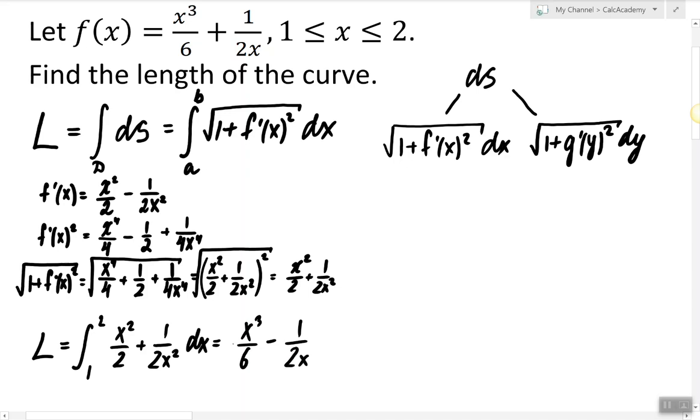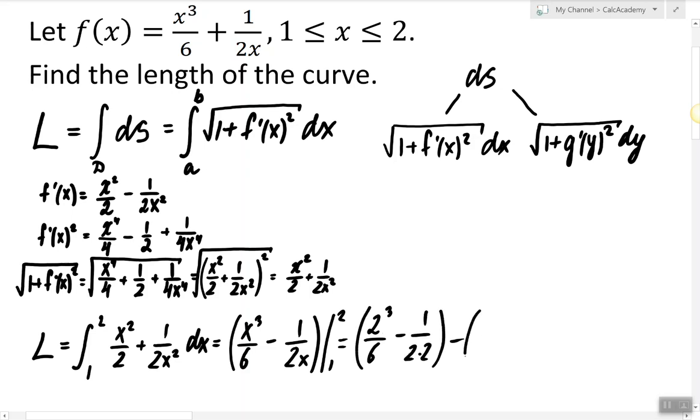And here we can pause for a second to check our work, and notice that this antiderivative is exactly the same except the sign as a function, and that's usually the pattern for this type of problems. Now we just have to evaluate it between 1 and 2. So we have 2 cubed over 6 minus 1 over 2 times 2 minus 1 cubed over 6 minus 1/2,